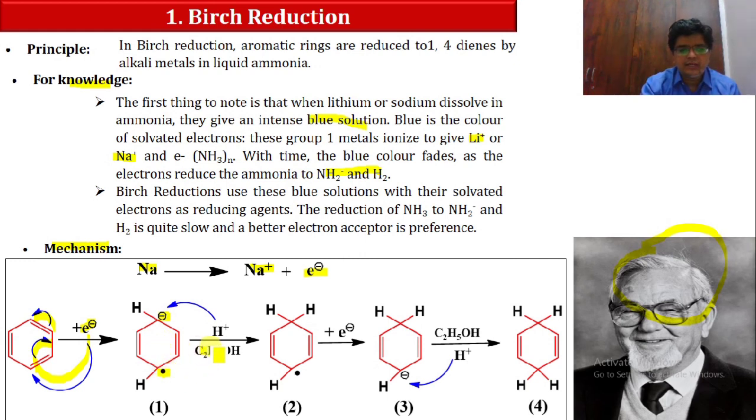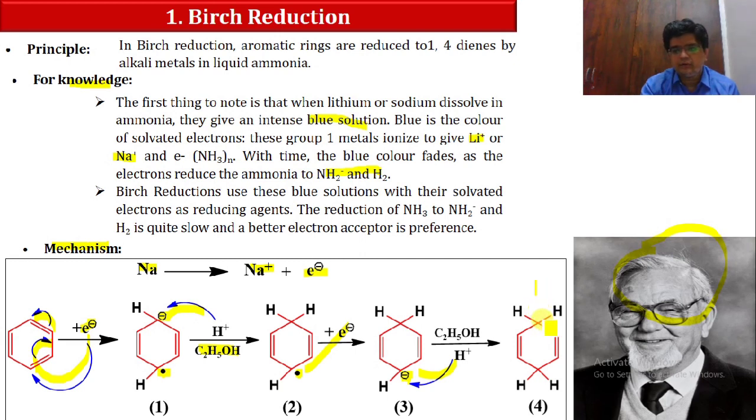Now here we are using C2H5OH. By protonation, C2H5O- and H+, this H+ will attach over here. So here we have hydrogen and hydrogen and one free radical. Again, Na will give Na+ and electron e-. Now this electron will attack over here. So there are two free radicals. As we know, these two free radicals will make a negative charge. Again we use C2H5OH, and this H+ will attach over here. So here we are getting